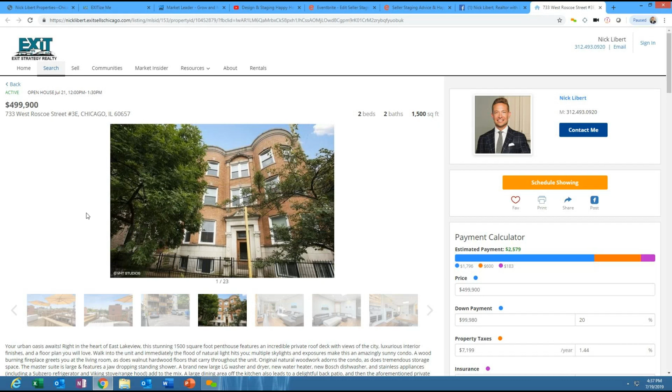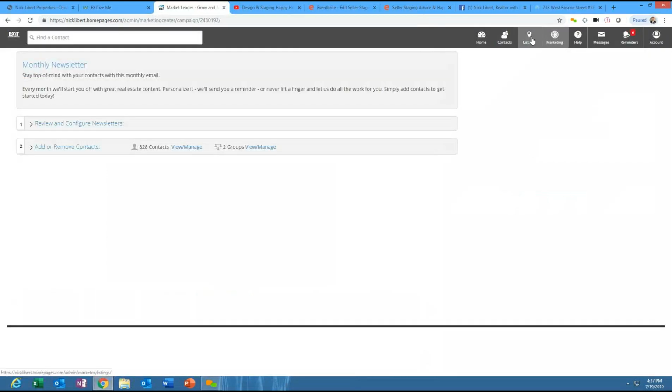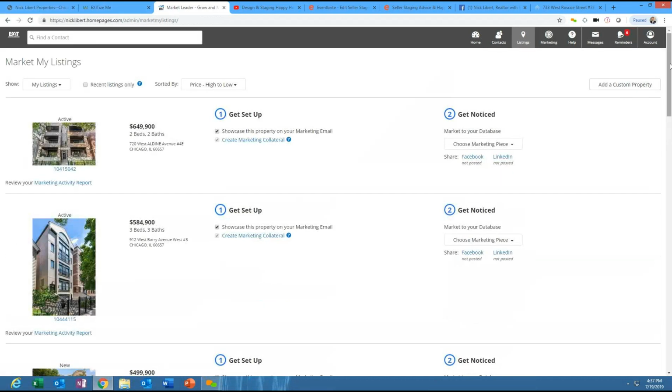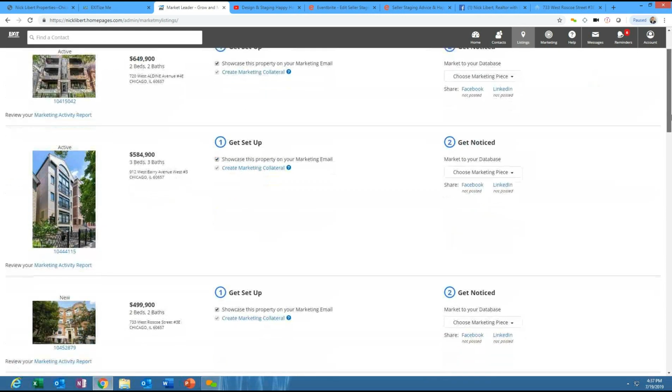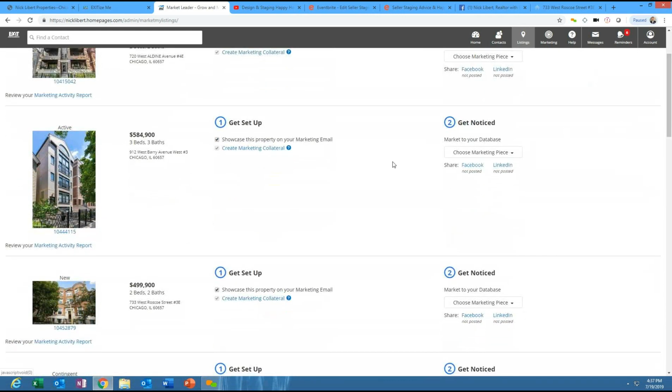The minute it hits the MLS, along with these amazing flyers that go out, guys. If you need any flyers for your listings, good Lord, guys, just go click on listings, and it's got flyers for every single one of your listings. So you just go into the listing, and literally you can click on the actual website for the listing. So you've got the listings over here. Watch this. You sit there and you can go on Facebook. If it's in Market Leader, you click on the Market Leader link and it's got the website